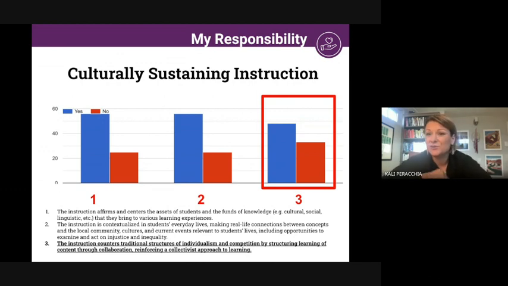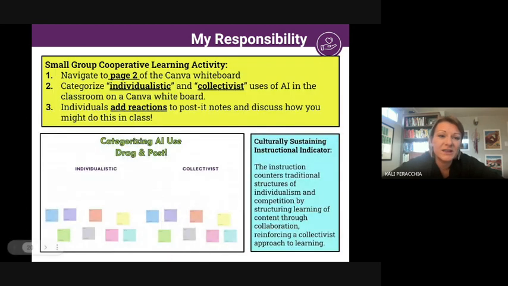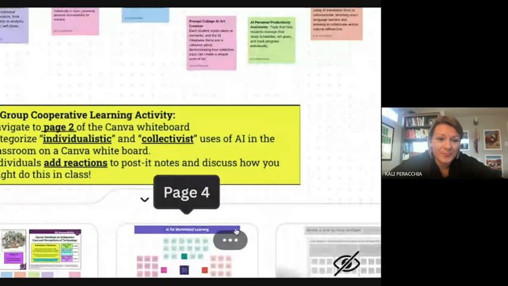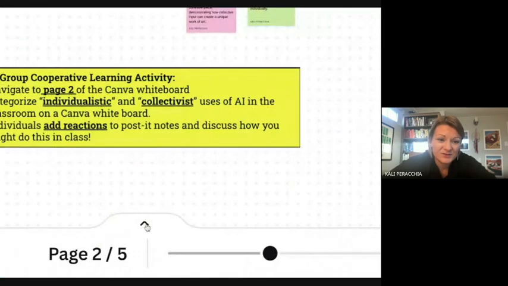And we want to get into quick, Luke, if we could do 4-minute breakout rooms. We're going to go back into our breakout rooms in our Canva whiteboard, and we're going to look at the specific indicator that we all identified as wanting to work on. And it's looking at how to push and challenge individualism and competition, and instead offer more collaborative and collectivist approaches to learning. So we're going to get into our Canva whiteboard space, and we have a bunch of little sticky notes. If you go into your very bottom and you're going to navigate to page 2,